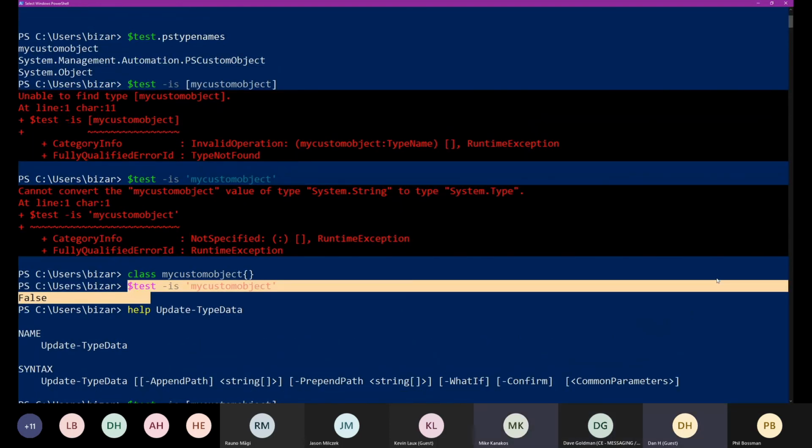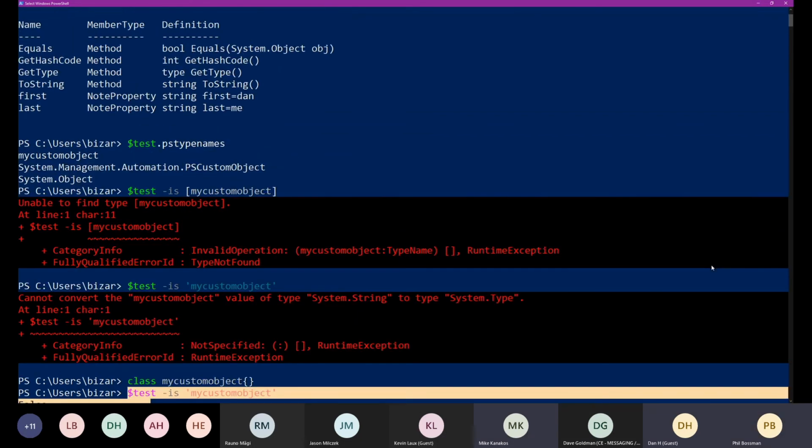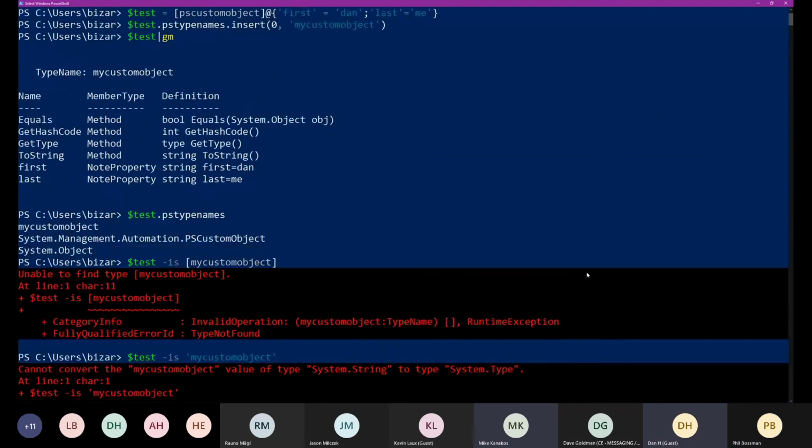That makes sense. What does the dash is do? I'm not familiar with that. So what I end up using this for is to check whether a specific object is a string or an object from something within my own module.